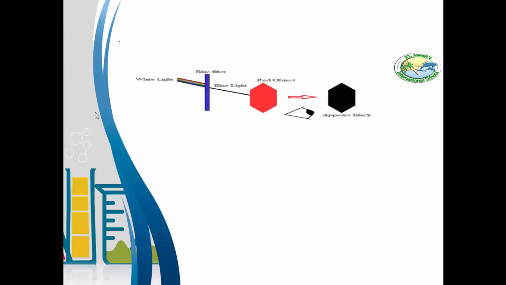Then we will move to the next part. What happens if you see a colored object through a colored transparent object? For example, if we have an apple, its color is red. What happens if we see it through a red transparent glass sheet and a green transparent glass sheet? If we have a colored object, what happens if we see it through another transparent object? For example, we have this